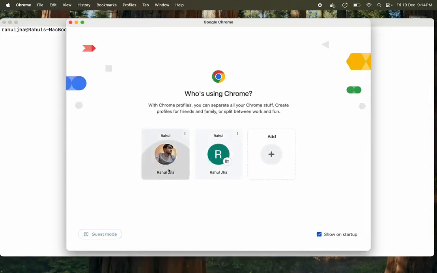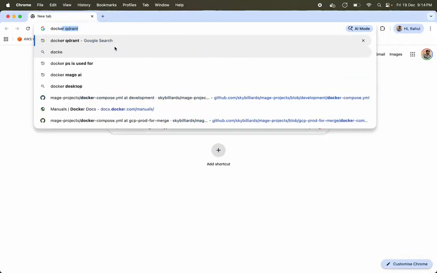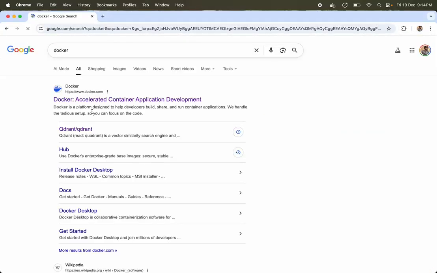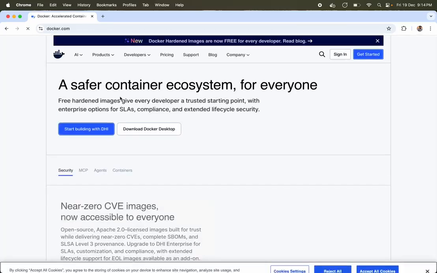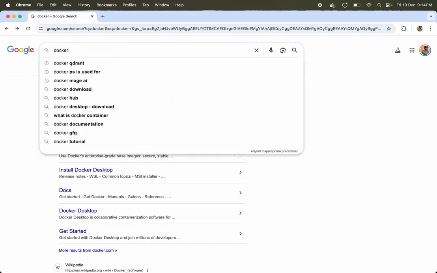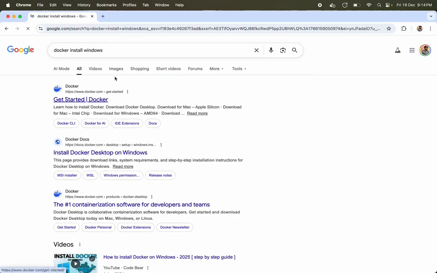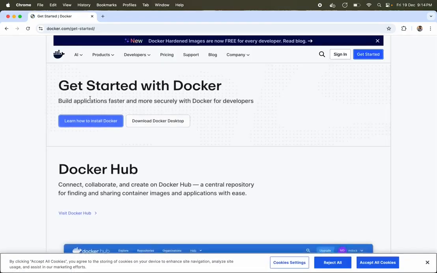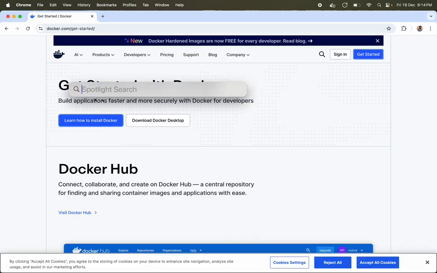First, you need to install Docker. Now I am on Mac. What I have done is I have already installed Docker. So you would need to install Docker for Mac, and if you are on Windows, you would have to install it for Windows, obviously. Now when you install it, you get two different sets of features. One is the Docker daemon. Now let me show you how the Docker daemon looks.